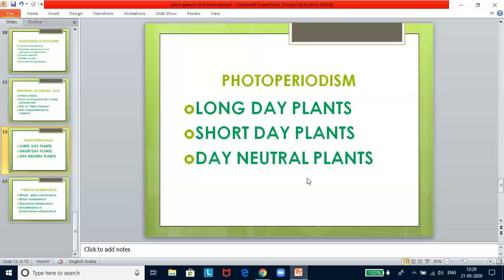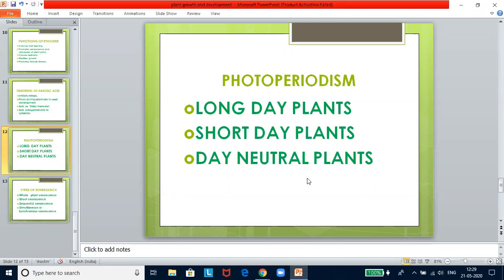When photoperiodism was discovered, the duration of the light period was thought to be critical for flowering. However, when the dark period was interrupted in short day plants by a brief exposure to light, they failed to flower. The requirement is actually for a long night or a critical dark period rather than for a short day length. Thus, a short day plant is more appropriately called a long night plant.